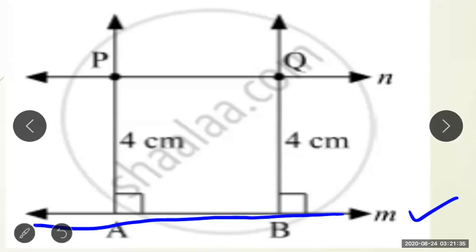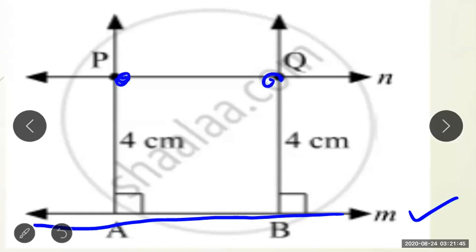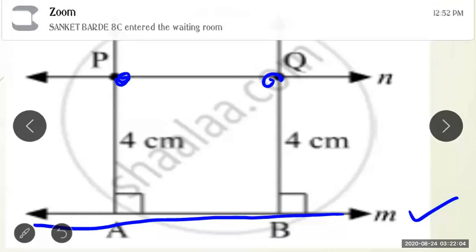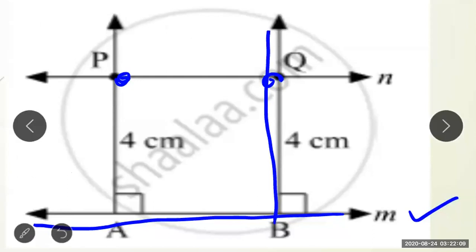Next you have to take a protractor and take 90 degrees. You have to mark it on one side here and on the next side over there. Is it clear? First you have to make a line M. From that line M, with the help of the protractor, you have to mark 90 degrees, then mark the next 90 degrees, and then make a straight line.